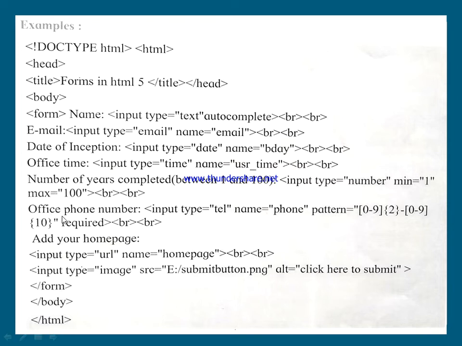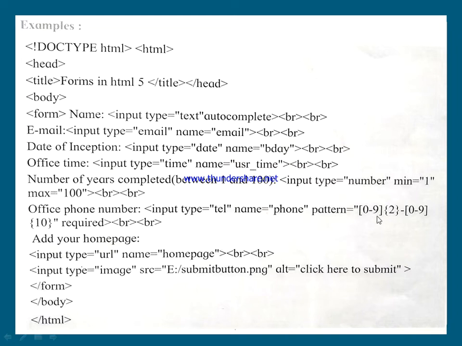After that, office phone number. If you want to accept a phone number, there should be an element referred to as tel, that is telephone, and its name is phone over here. Then pattern. What is the meaning of pattern? As I told you, the value should be entered in the provided pattern. This is the validation or restriction for the user or visitor, that the visitor should enter the value with the provided pattern itself. Now here 0-9.